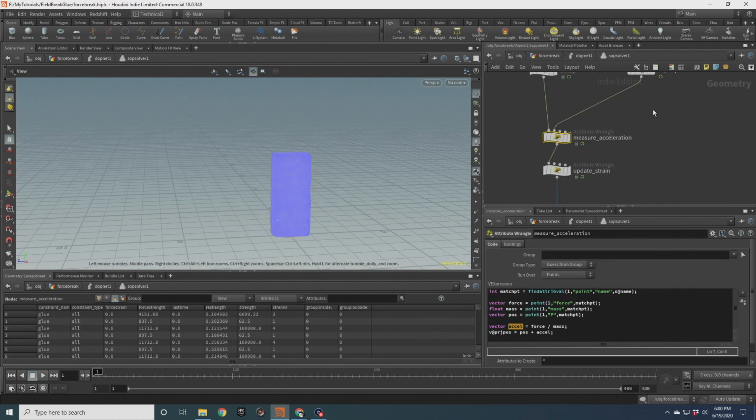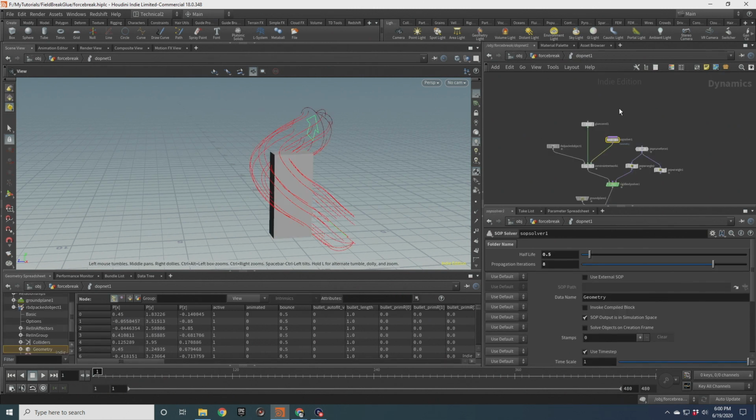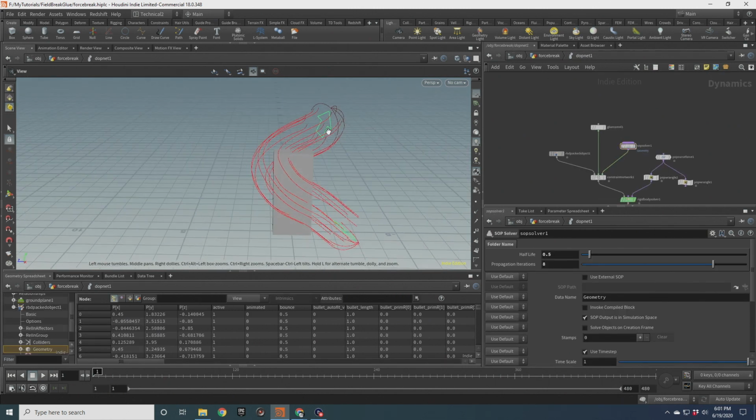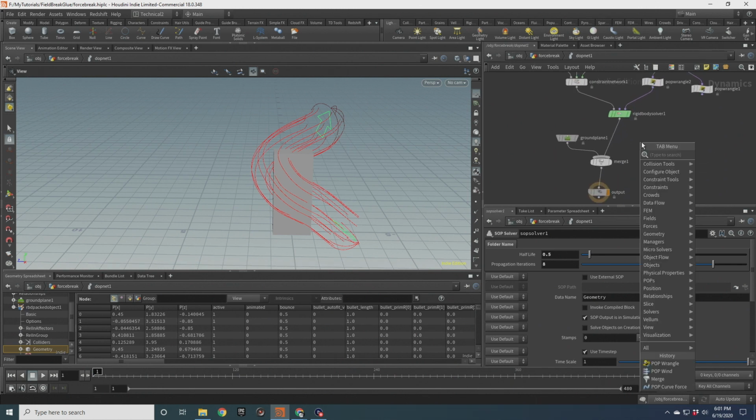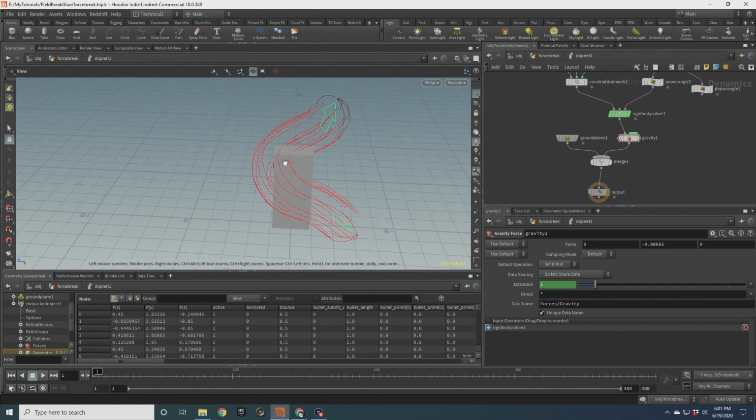And now we could go in here, and instead of using force, we'll just bring in that my force variable. And now this curve field will still break everything, but it won't. In fact, we have no forces acting at all, so let's just put gravity back in here for now. Now it's not going to get drawn along the curve, but it's still going to use that force to break it. So if we play this now,